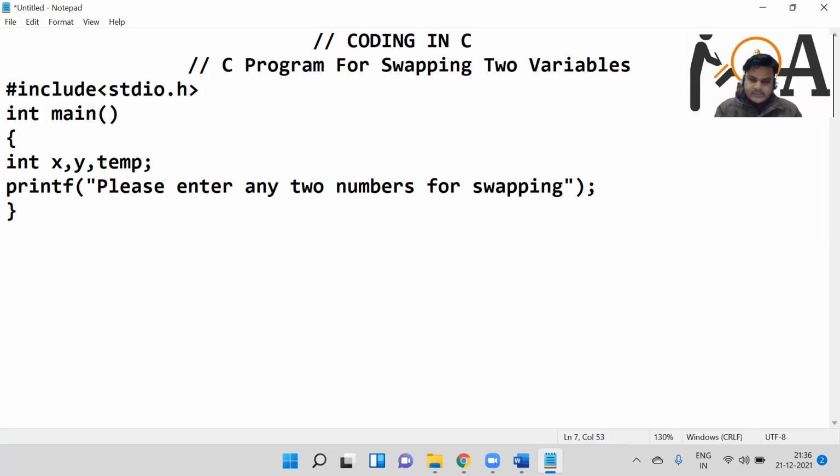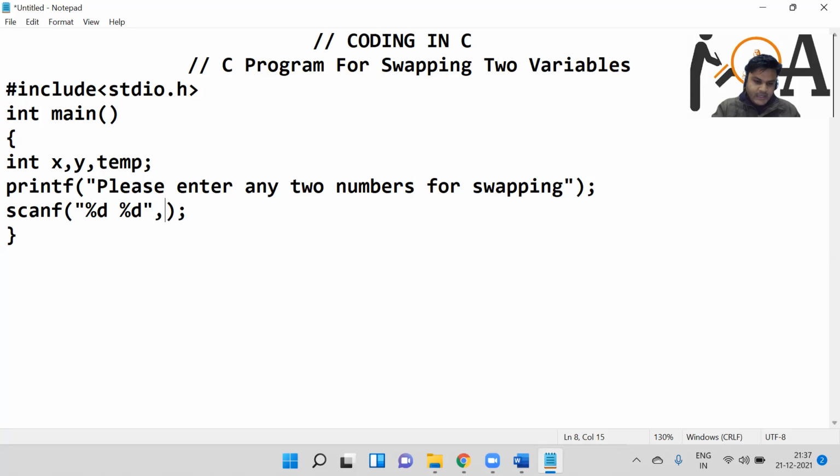Okay, and just after that, if the user is going to enter, we have to store it somewhere. Somewhere is nothing but whatever variables we have already taken, like x and y. So we are just going to use the scanf function to store the values entered by the user, and we are storing them as integer type because we just declared the variable type as int, right?